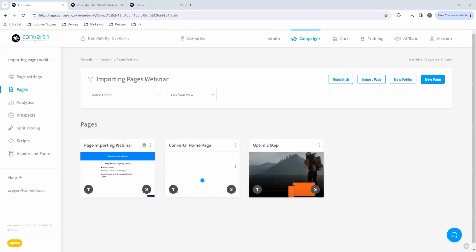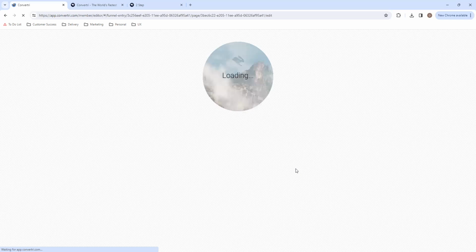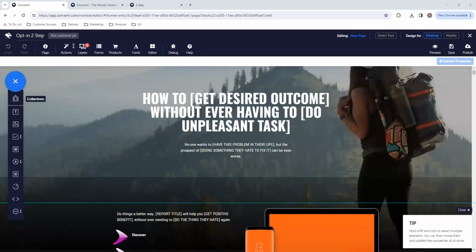Yeah, so a good question there, which is how about the font? So the font itself will be replicated if the font is available in Convertri. If it's like a Google font or a custom font, then we won't try and match that. We'll just probably go to the default for the page style. You can easily edit fonts in Convertri, both at element level and at page level in the page icon option